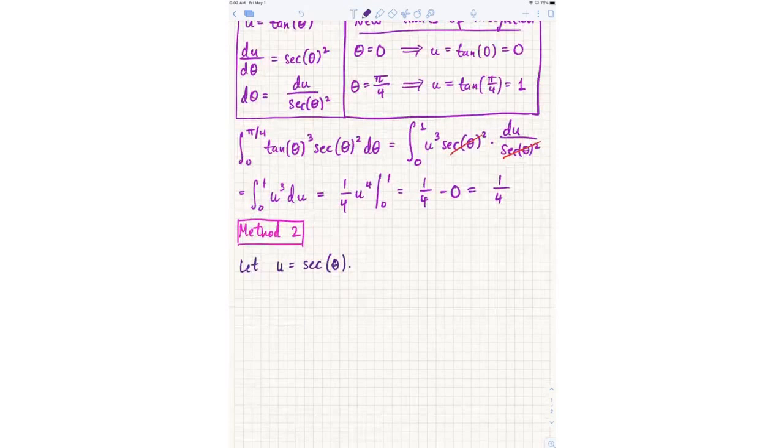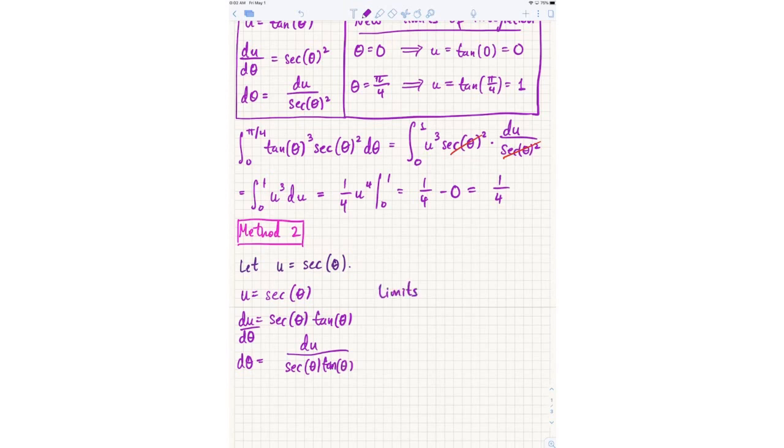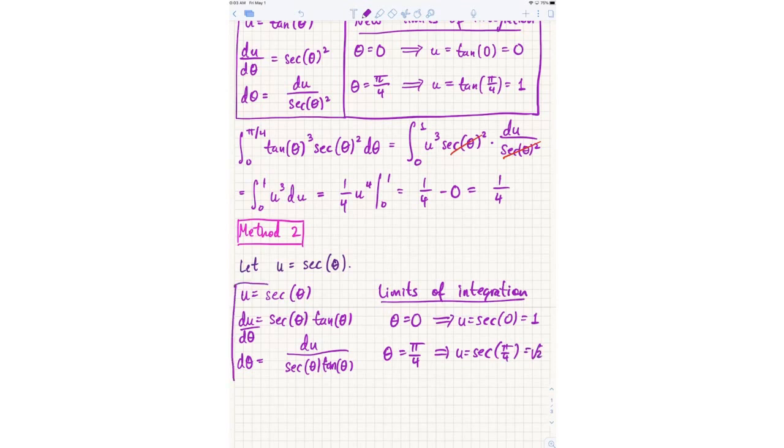Let's do the translation table for that. I'm doing this because I want to emphasize that there's not any one answer to these problems. There are usually multiple answers, although some are more of a headache than others. Okay, so originally I had theta equals 0 and theta equals pi over 4. So what are my new numbers? Well, secant of 0 is 1, and secant of pi over 4 is square root 2. So,